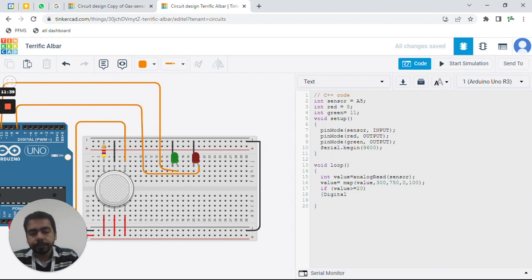then the statement or the task you want to perform, what am I going to do? Digital write.